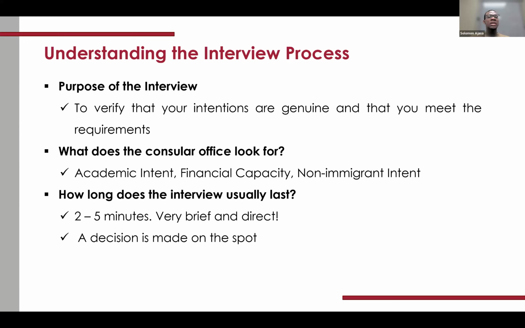So think about the visa officer asking you, what is your purpose for going to the United States? And you cannot establish that, oh, I'm going to study, or you're unable to